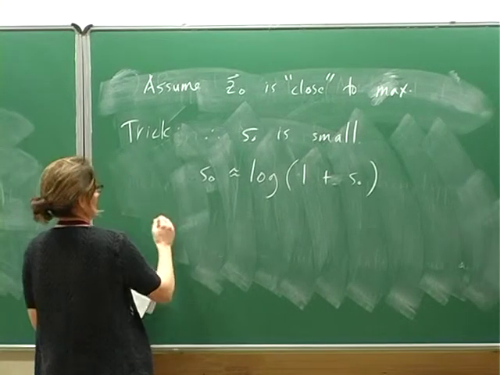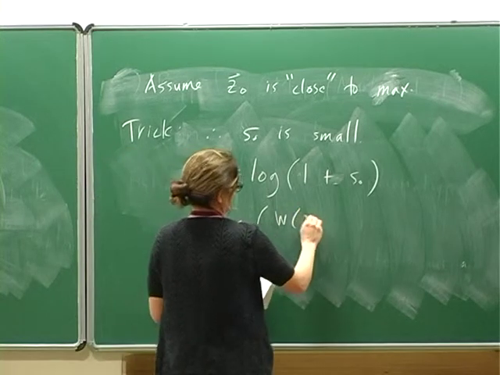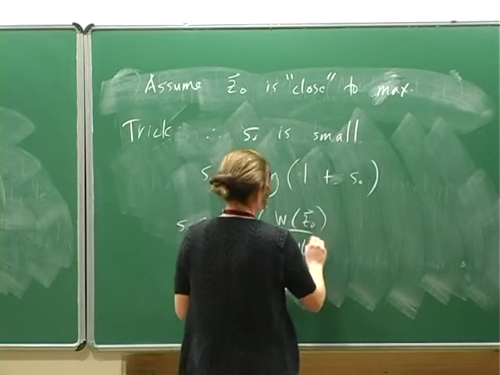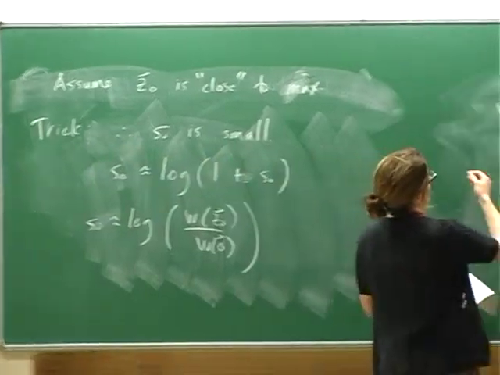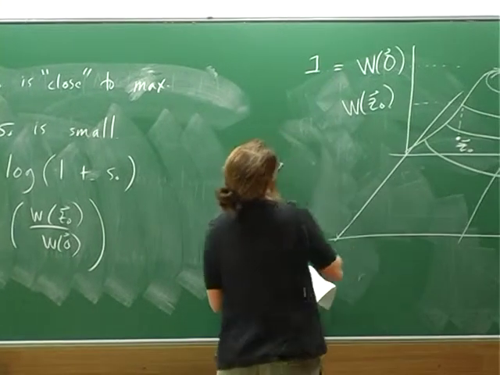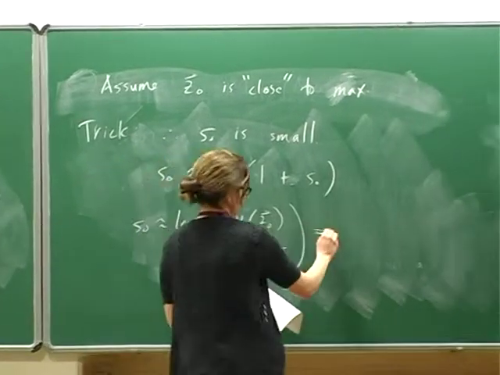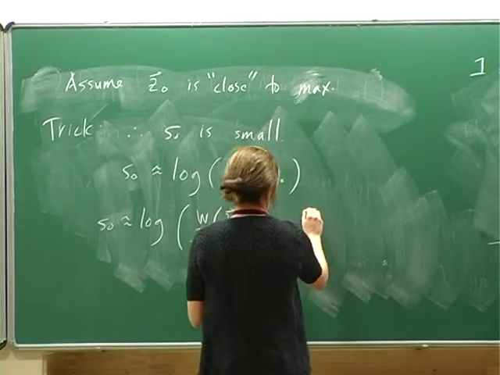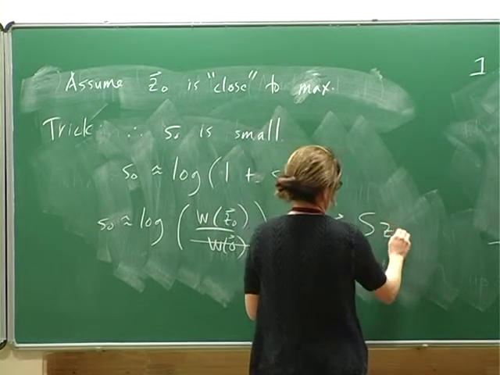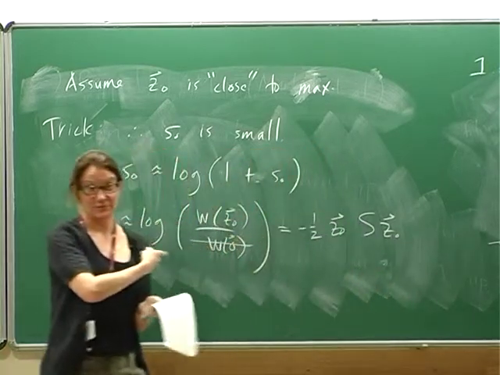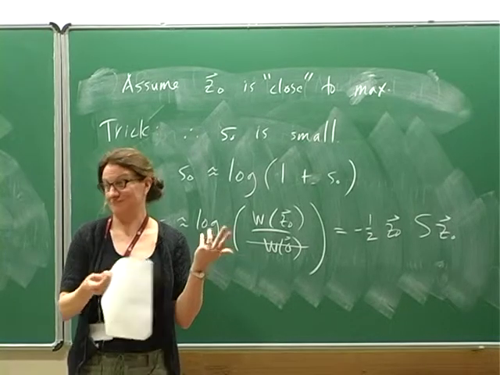So now we have S0 is log of W, Z0, W0. Without loss of generality, again, we'll just define this reference fitness to be 1, which will make this go away. And as you saw coming, we'll get S0 is, what, -1/2 Z0, S, Z0, a quadratic form, right? And the question was, why don't you just start with a quadratic fitness to begin with? And it's a good question.